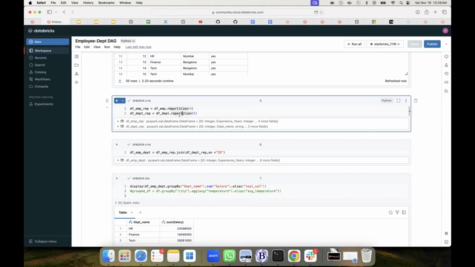Department will be split into 5 partitions. So I'm doing a repartition. Whenever I do a repartition, the data has to be shuffled. All the data has to be put into 4 buckets or 5 buckets. That's the pre-partitioning that we are doing. So whenever there is a repartition, we said there will be a new stage that is created, right? So if I run these two,